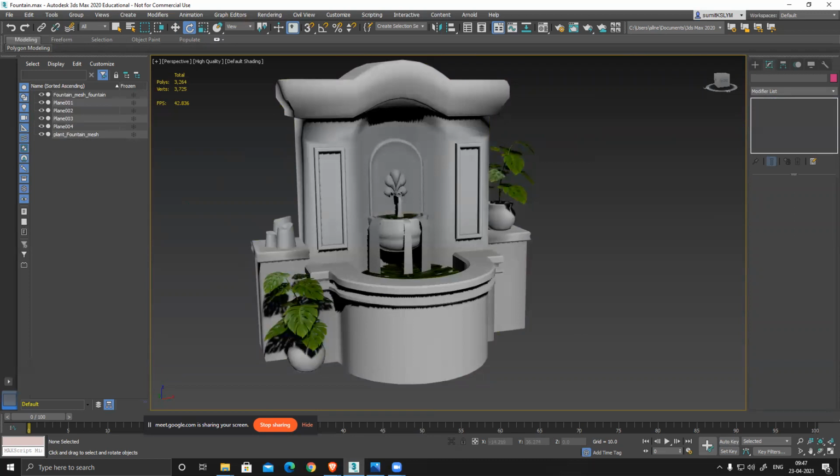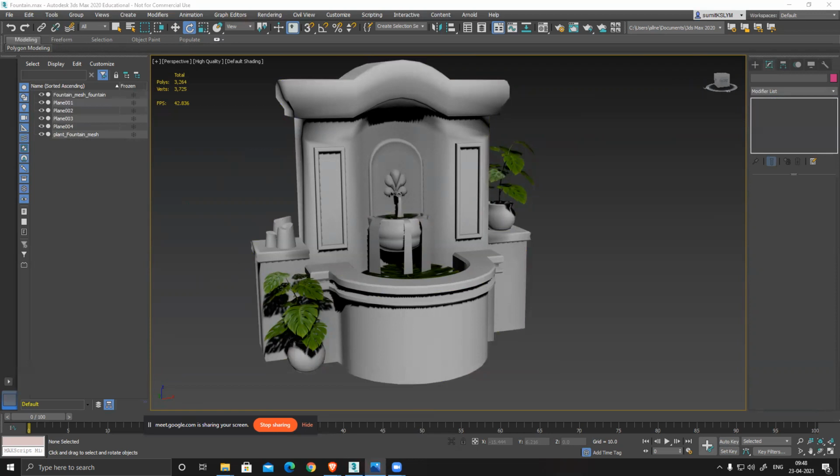And now we have those alpha leaves and all those things. So what I'll do is create all those textures and place them properly, and then those planes.